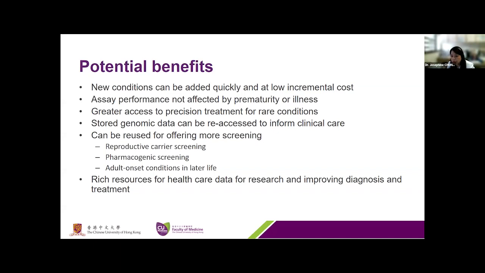if it could be identified. If it could be identified, that may mean that you need to have a very secure database to store the genomic data. So privacy and data security could be issues. But of course, newborn genomic screening involves universal screening of newborns. They may have different types of healthcare outcomes. So it could be a very rich resource of future healthcare data for research and also to improve diagnosis